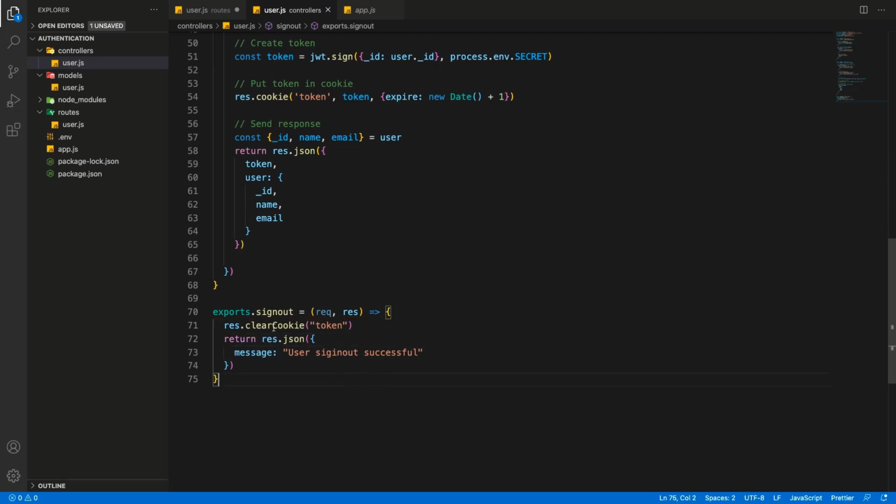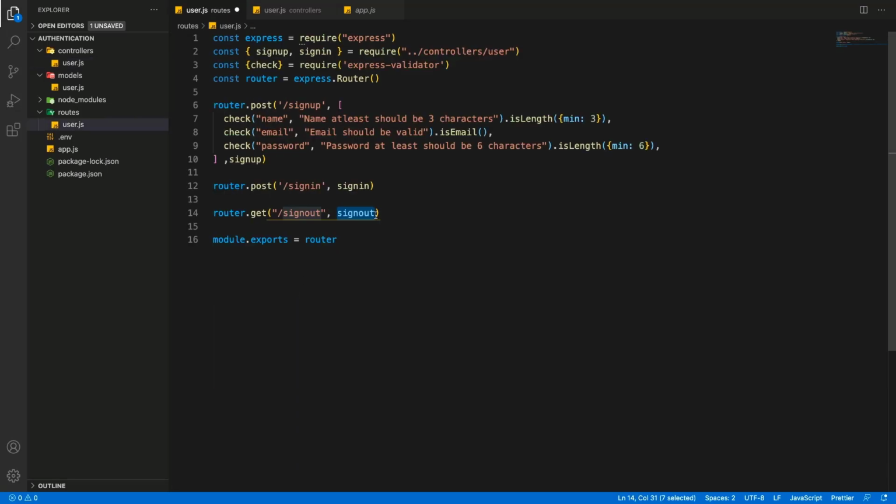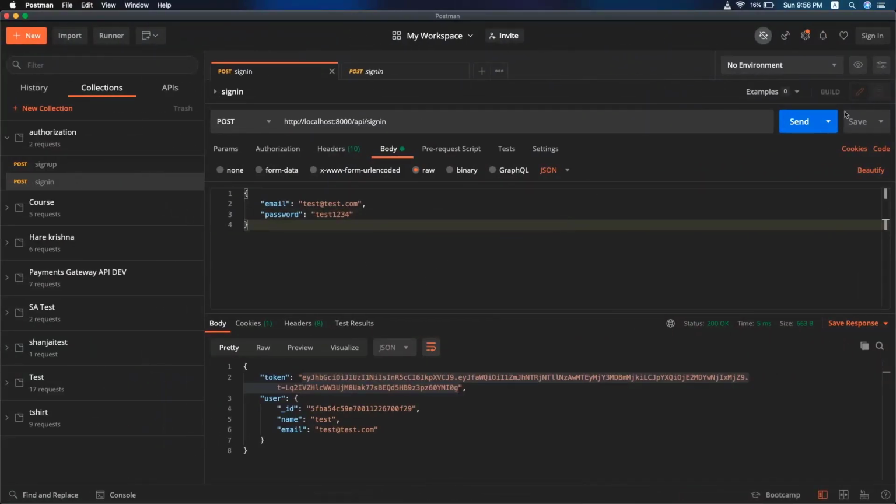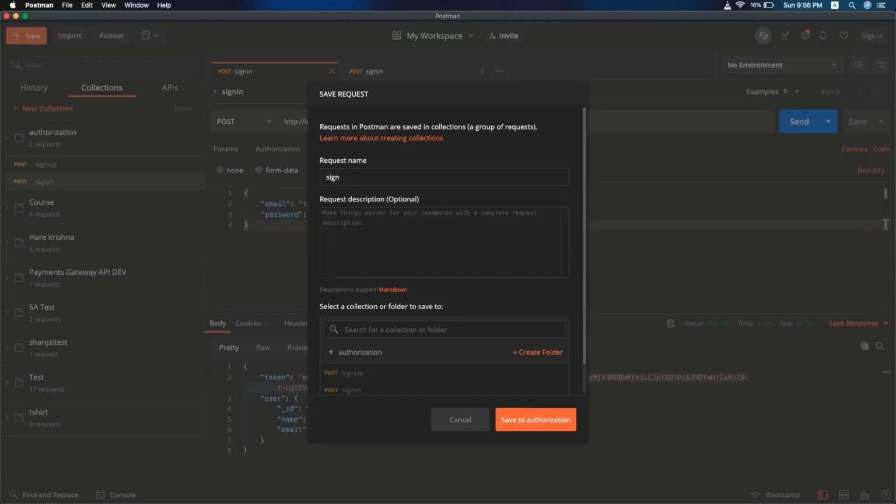All right, so we also have this sign out function, and trust me guys, that's it. And now let's go ahead to sign out, and let's just import it right there. Okay, we're not going to have any middlewares, it's just a basic sign out route, and we can go ahead and test it. I'm going to save this, which is the sign in route, and after you save it, I'm going to create a copy, save as,